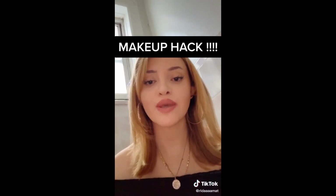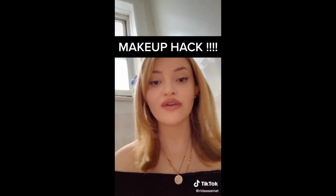I usually use the Fit Me one, and I just lightly dab it all over my face. Not too much. Alright, so now we're going to get some translucent powder. I wanted to get the Sasha Banana or whatever it's called, or actually the Laura Mercier one, but I just haven't gotten around to getting it. We're going to do half the ColourPop and half the e.l.f. That's what I'm going to do. I'm trying out my own stuff. So she said not too much, just enough. So I'm going to do one half